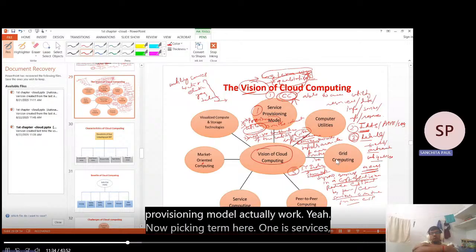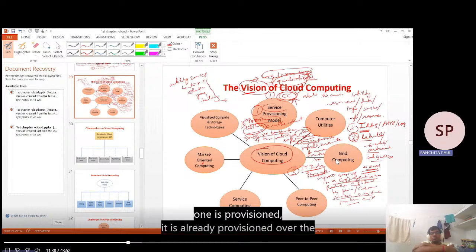Here there are three terms. One is services, one is provision, it is already provisioned over the internet, and model, this provision model, service provision model, how it works. So service provision